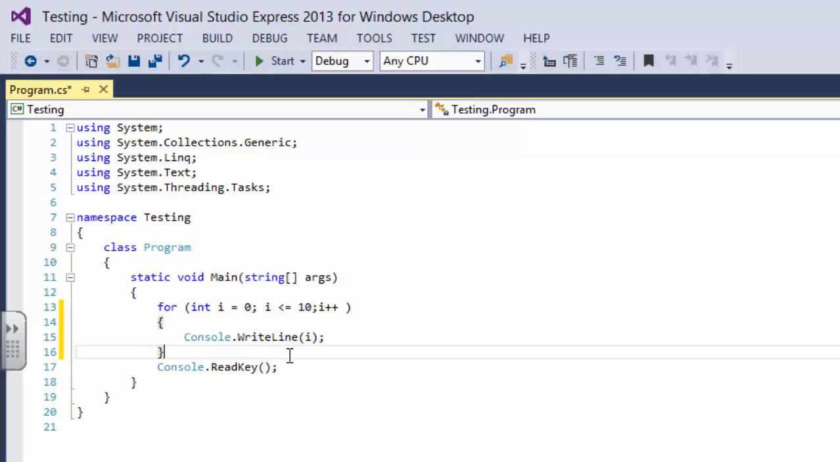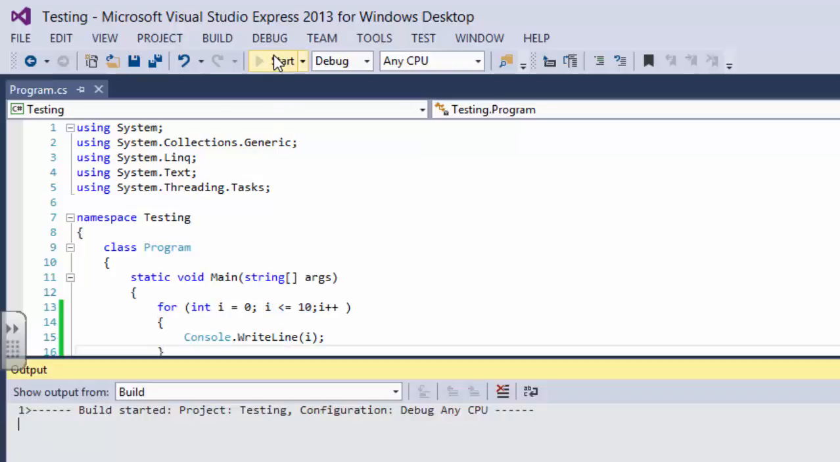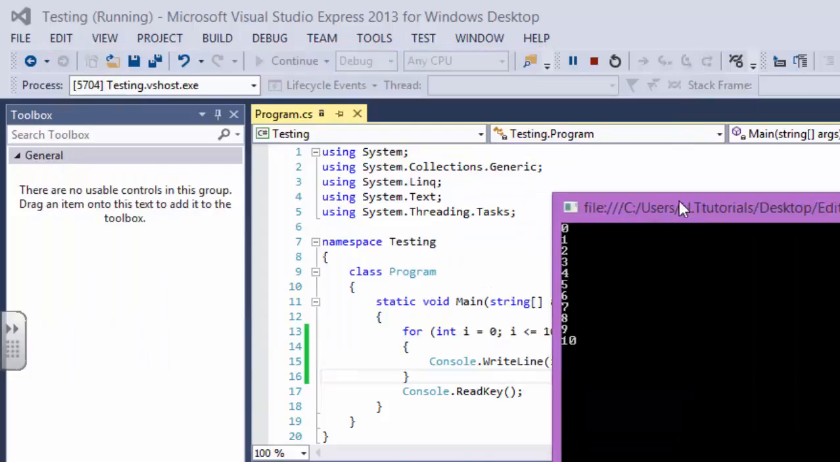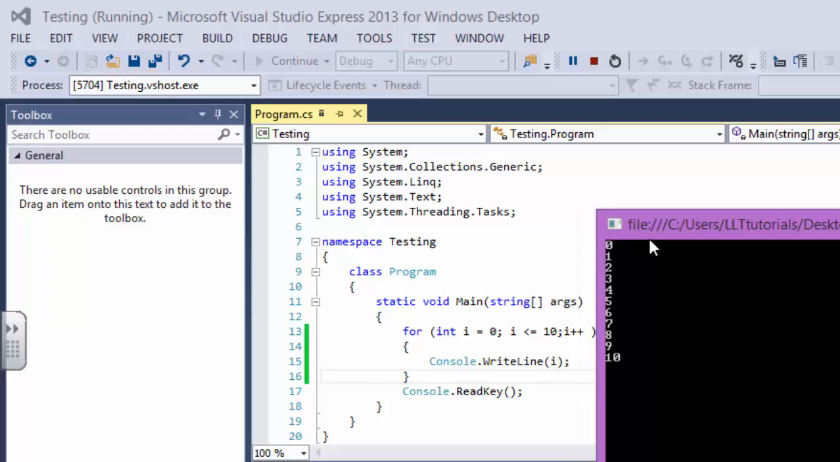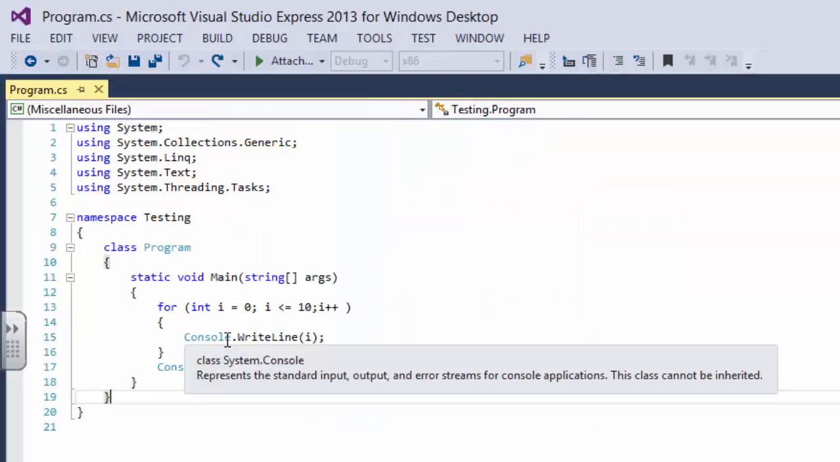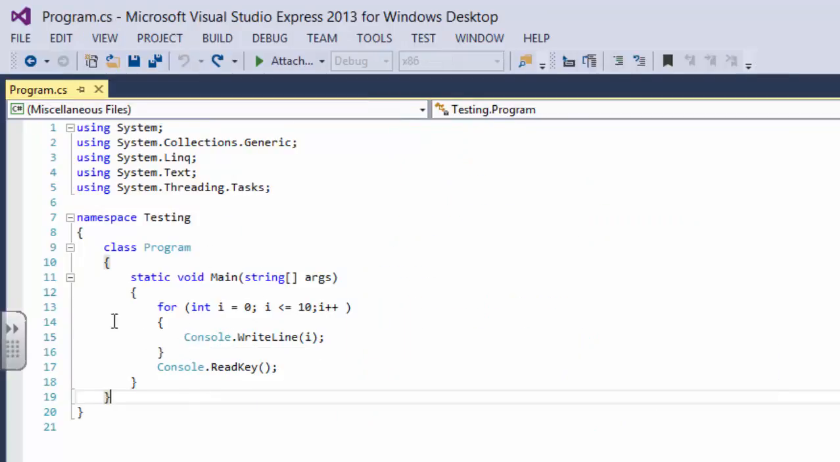So let's execute this. As you can see, first it printed 0, then 1, then 2, then 3, then 4, then 5, and so on. Okay, so let's create another simple program for this. We are going to say